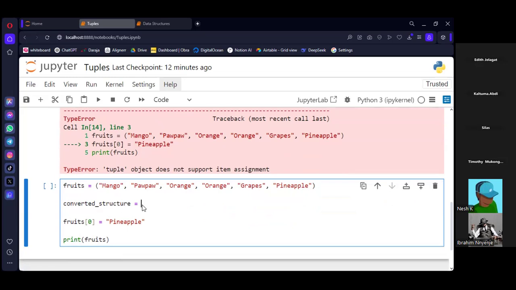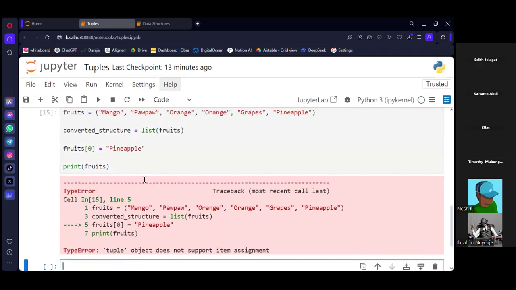So converted structure here, we will use a list constructor to convert these fruits, which is a tuple, to a list. Now, when you print this one, you'll be able to see that.